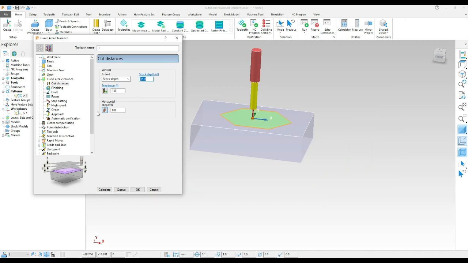Okay, then the horizontal step over. If you selected 15 mm, here also you select 15 mm. Okay, then we just need to calculate. So here, if you selected calculated, here the toolpath is